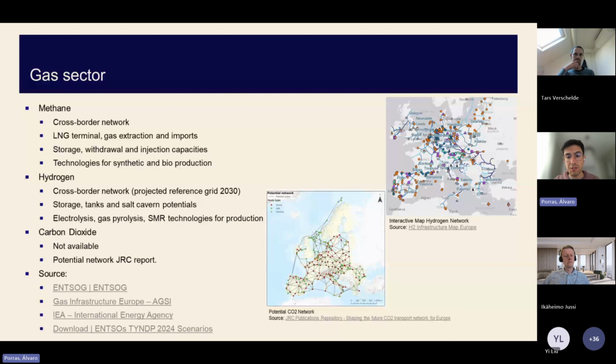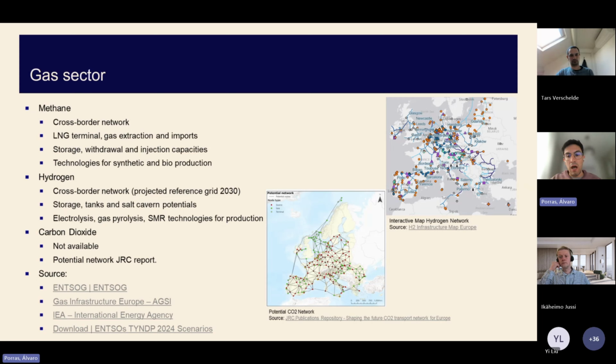So we are using this reference grid by 2030, and also we are considering potential investment in that network based on the different projects that are detailed in that study. Also, we have modeled underground storage using salt caverns, in this case considering potentials in Europe and the existing facilities by 2030.